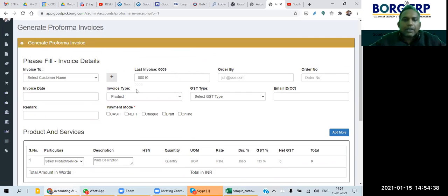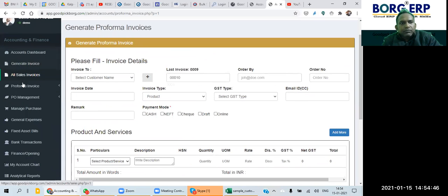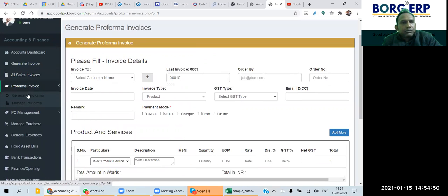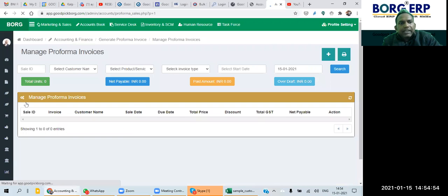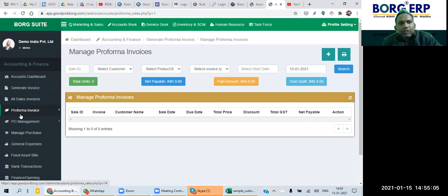So we have more options in the case of the performa invoice. Some options have been removed. Now, if you go to the minus performa, the same kind of page will be displayed as in the case of tax invoices, and the functions are the same. So I'm not going to cover it in detail.